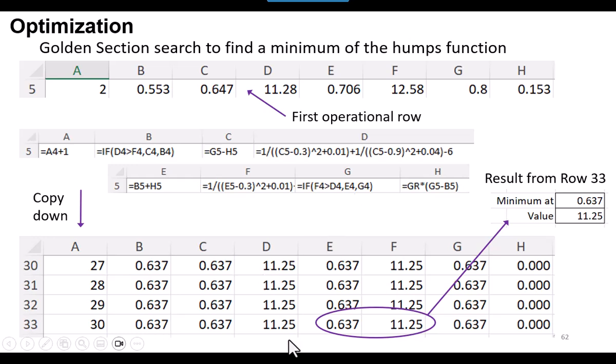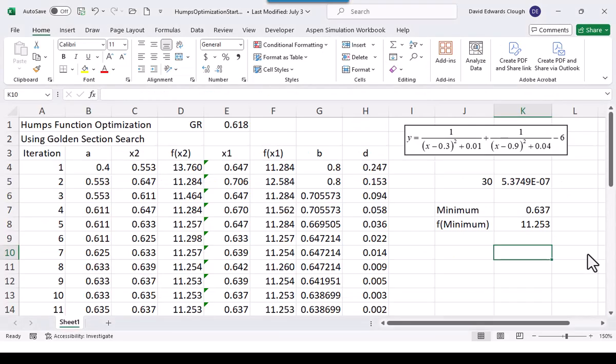And then we show the bottom here of the solution with the minimum at 0.637 with a value of 11.25. Okay? So now what we would like to do is come back to our spreadsheet, and we're going to consider